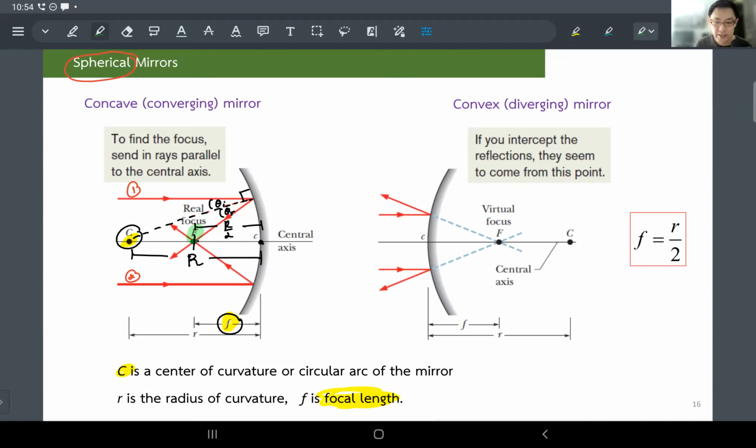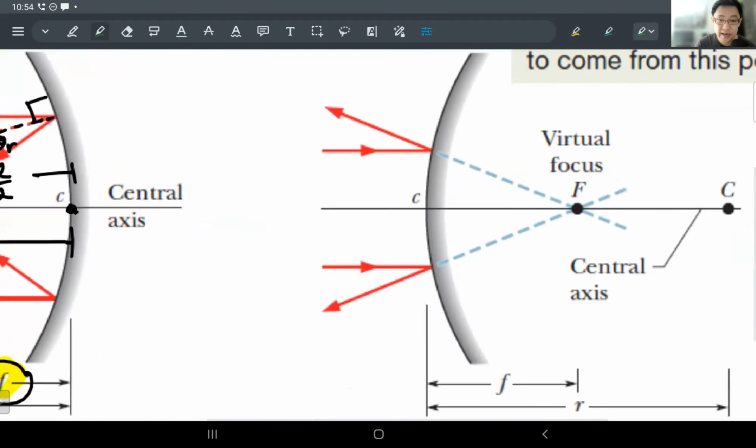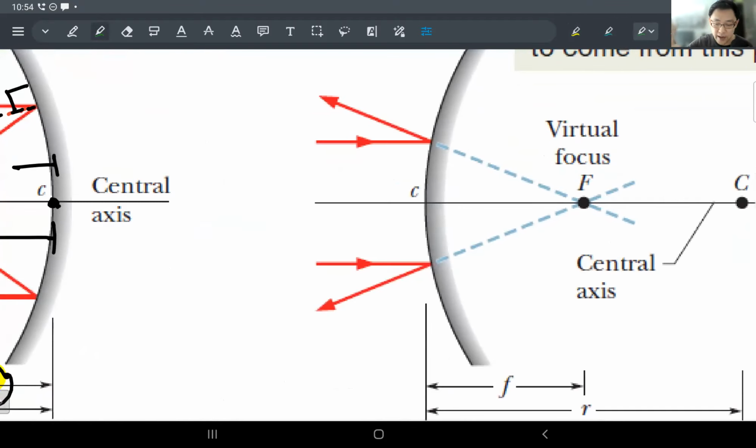The capital F there is your focal point. Cool. All right. The same thing will happen on the right side if the mirror is curved backward. In this case, you have a diverging case. The reason it's diverging is that if I send in a horizontal ray of light, the reflected beam bounces off using the same law of reflection. There's nothing different. And once again, the line you draw perpendicular to the surface is going to eventually